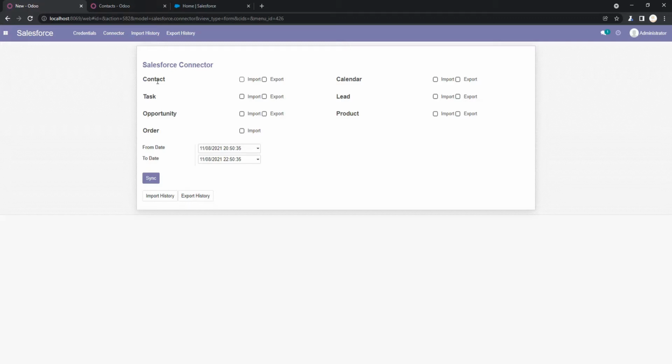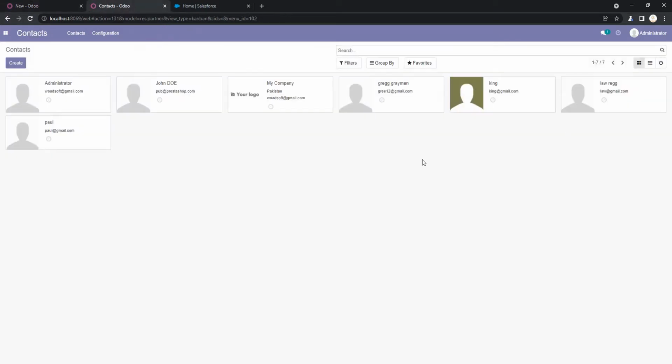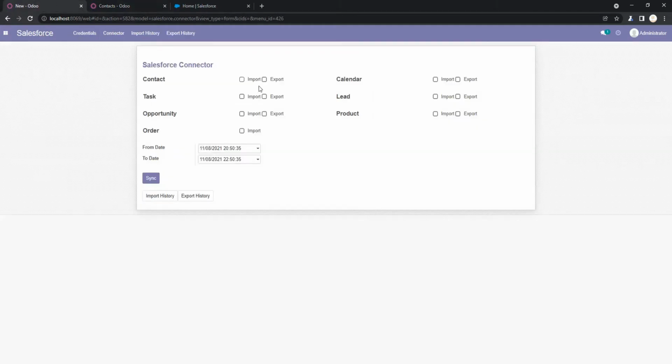I have already opened the contact module here, and you can see we already have a few contacts created earlier to save time. We are going to export those contacts.